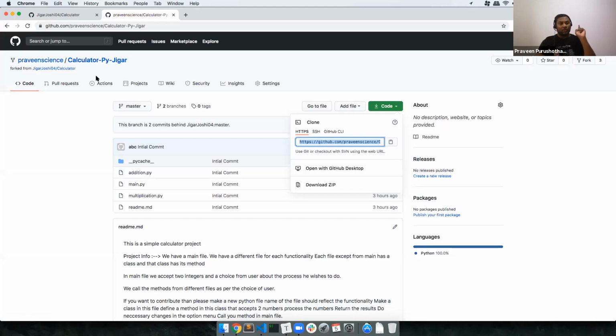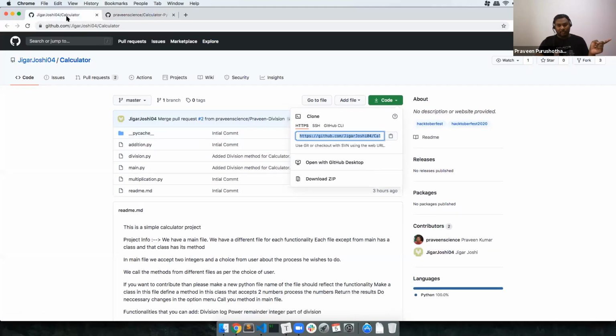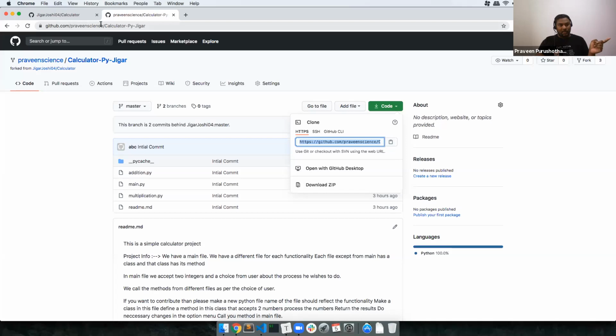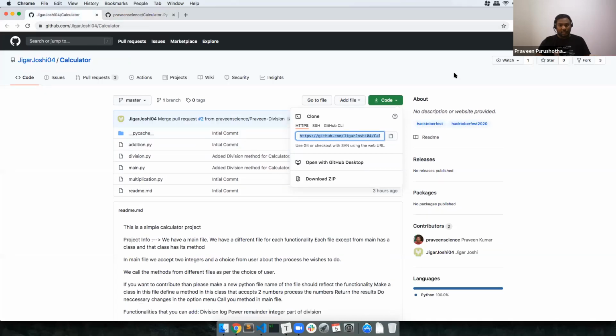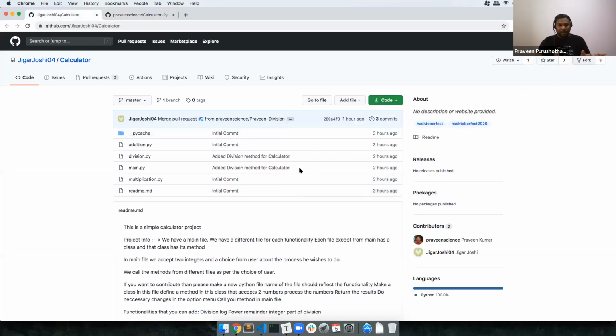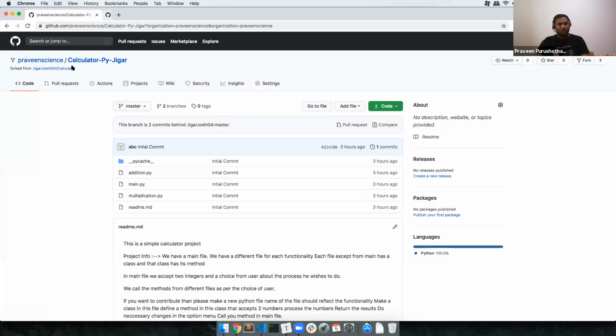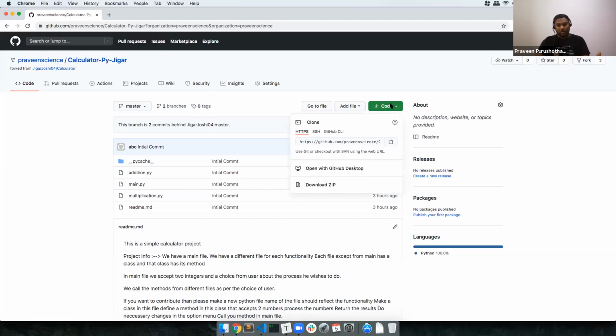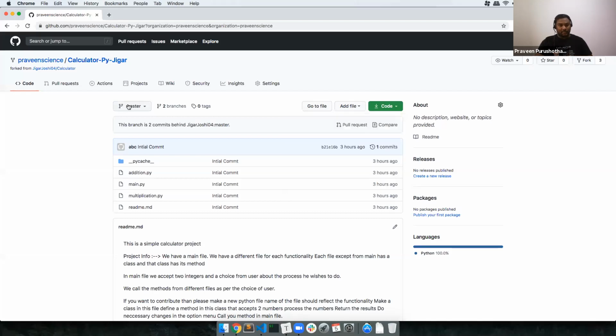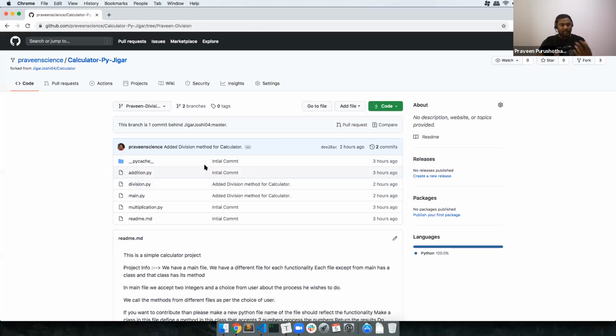Okay, so for the forked version, if you click on this one, this is the original repository. I click on fork, I added my fork here. And then if I open my fork, it's going to show me it is forked from the original repository. This is my repository, but I want to add a new change to this particular person's repository. So I click on this code. This is my repository. I do all the changes here. Like for example, I created a branch and I did the changes.